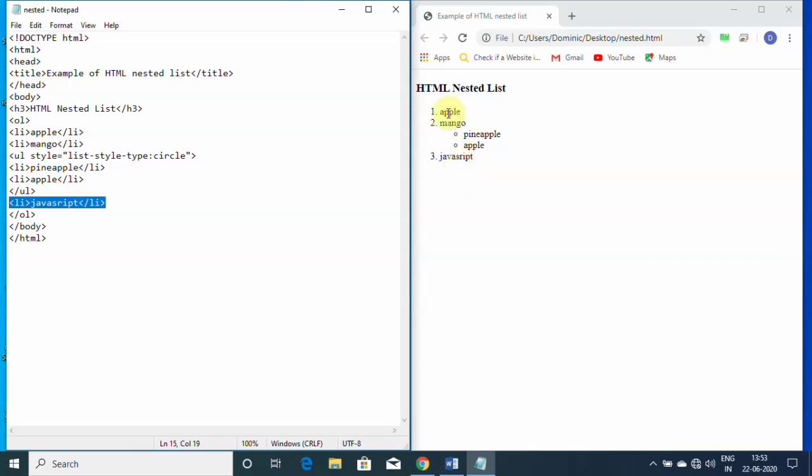So within the ordered list there is an unordered list, that's why it is called a nested list. When you create any item in another list, that becomes your nested list.